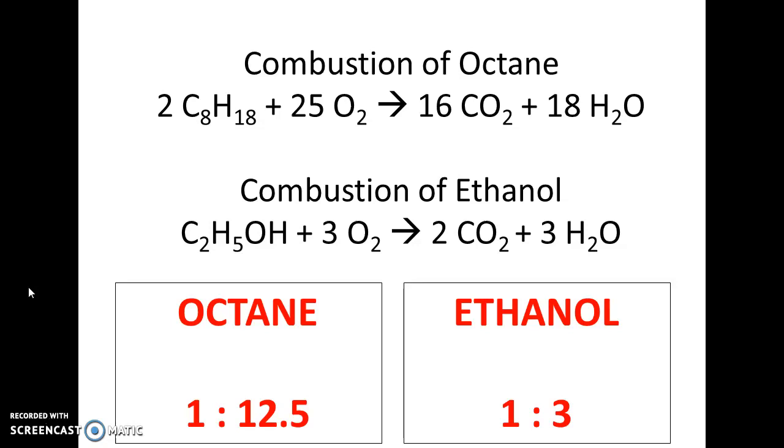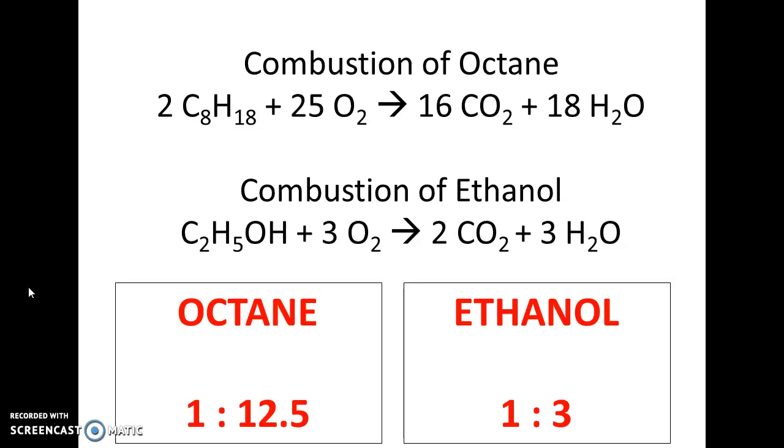But with relation to what you looked at last week, as I've said, these are both combustion reactions. However, when you balance them, you see that they balance very, very differently. And in cars, this is really important. So when gasoline burns, the ratio of fuel to oxygen turns out to be 2 to 25 or 1 to